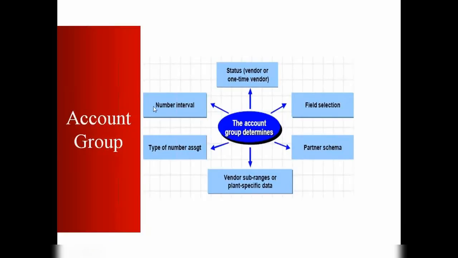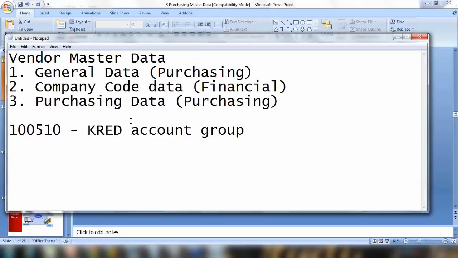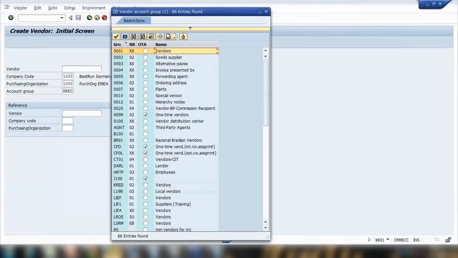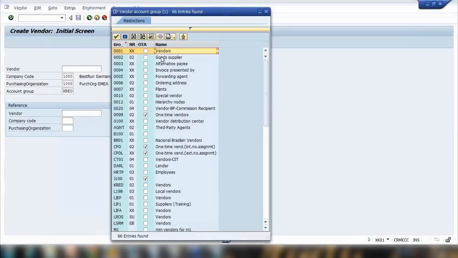For example, number interval. When I created this vendor here, the number was 100510, I guess. However, that was when I used the KRED account group. If I use a different account group, the number range can be different. So probably this one is assigned a range up to 999. However, if you use a different account group, for example the second one, good supplier,